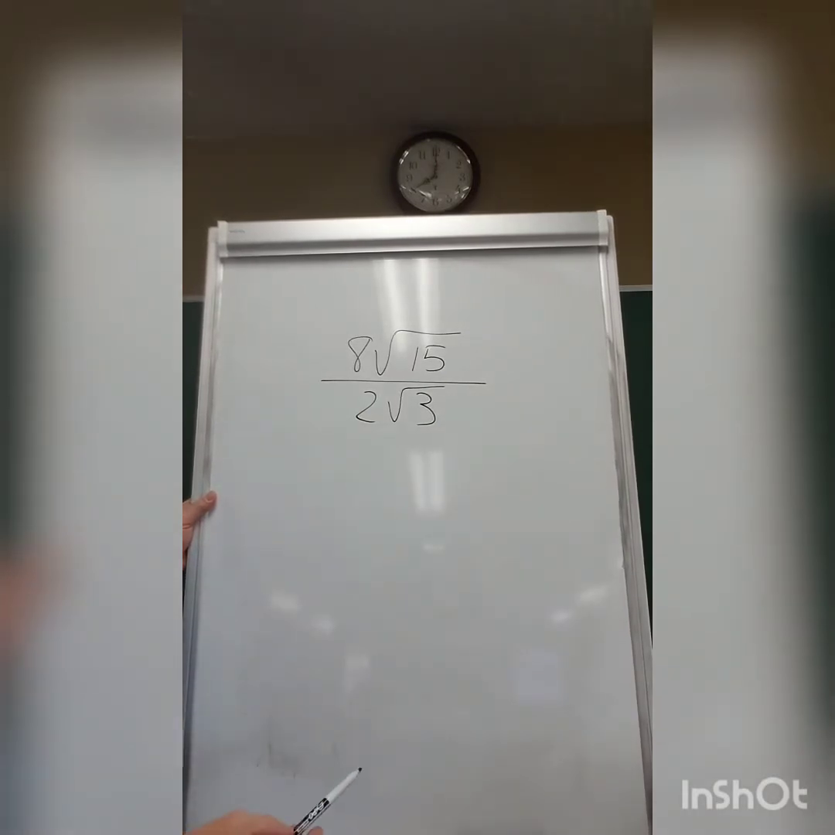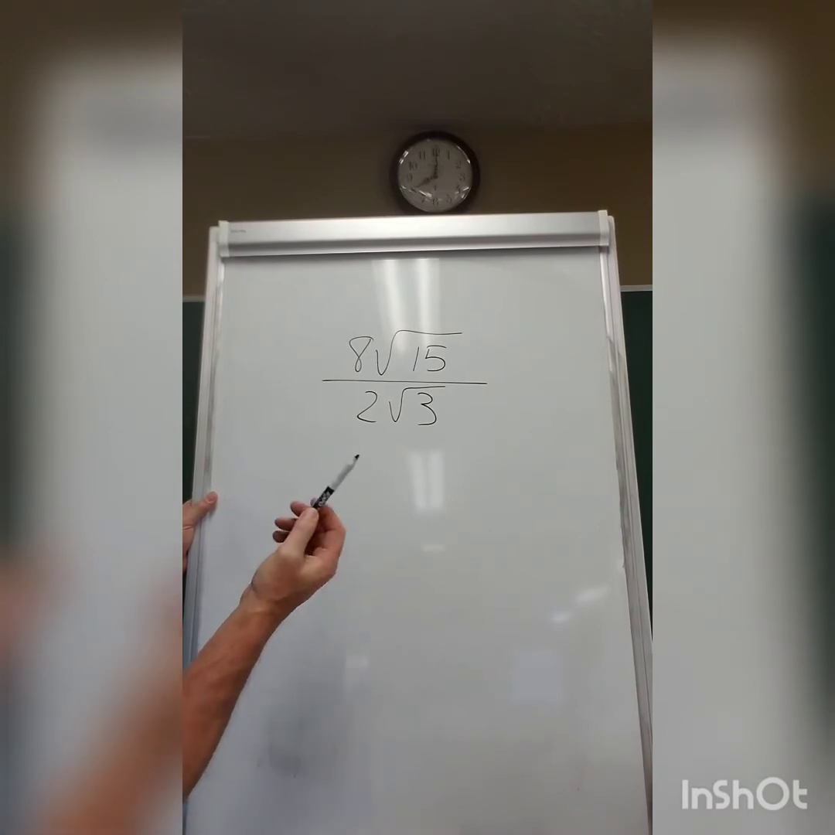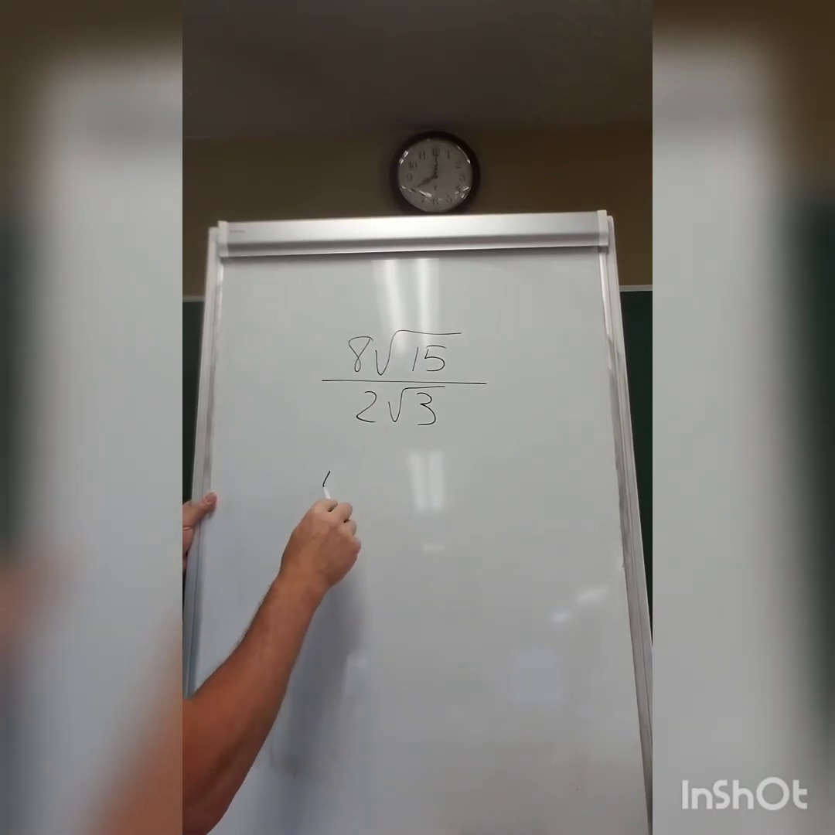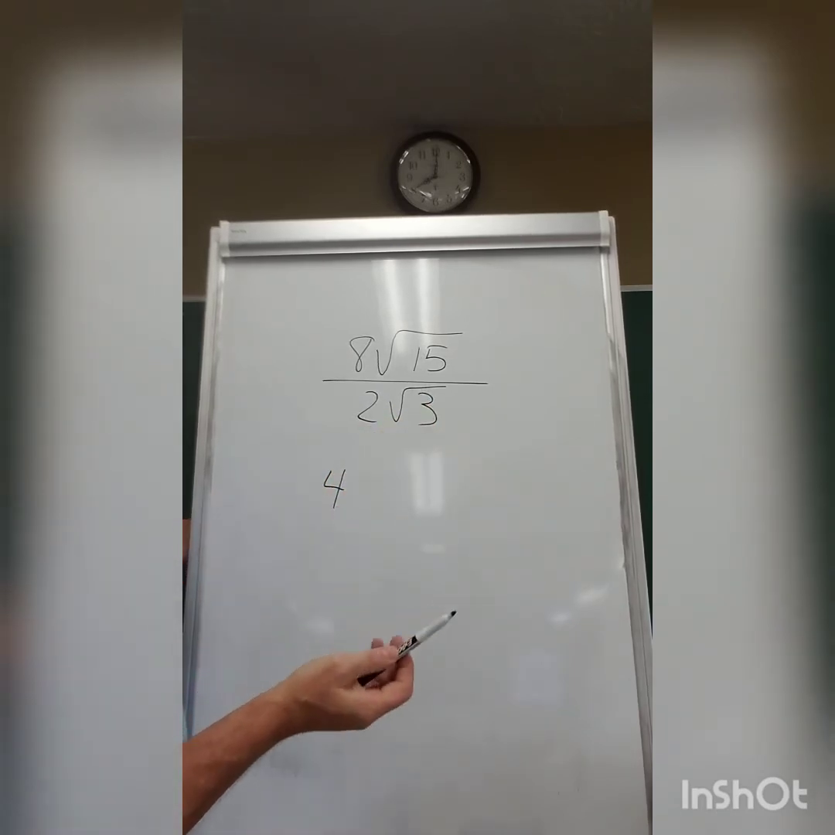Now the first thing you look at is outside of the radical sign, 8 and 2. You can simplify that. It simply is 4 because 8 divided by 2 is 4. So that's on the outside. Okay? And then on the inside, the square root of 15,